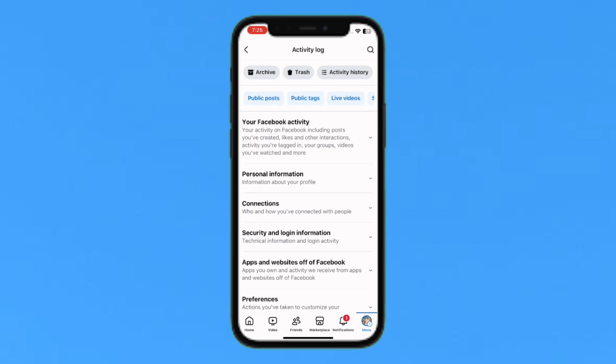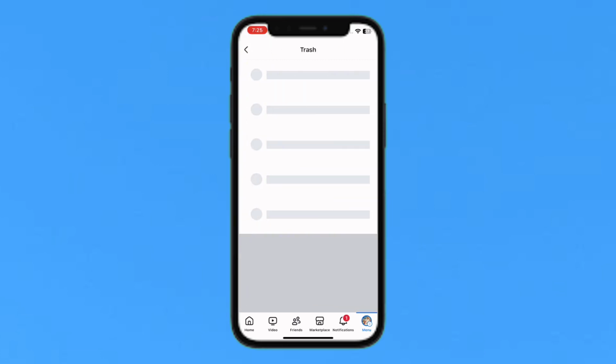So after loading completely, you will tap on this delete icon, which is called Trash. So within 30 days, if you deleted a post on Facebook, you will be able to recover it from here. But right now I have not deleted anything, so that's why this is blank. So in this way, you can recover a deleted post on Facebook